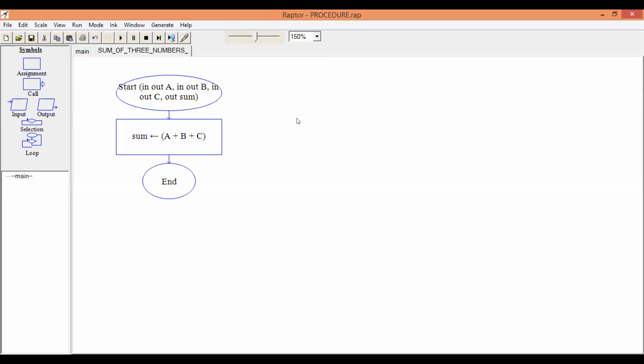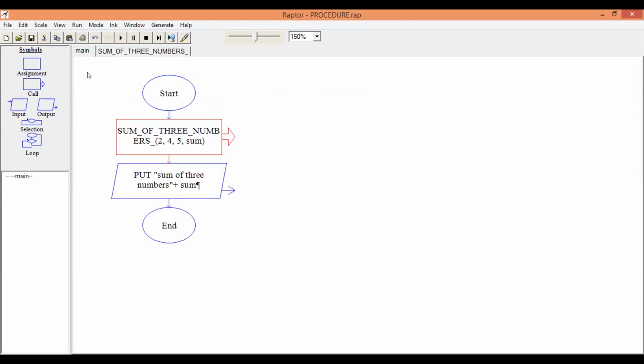Okay. Go to the main. So now we use the word main procedure, right? Sum of three numbers, 2, 4, 5, sum. Okay. Now printing sum of three numbers. Fine. Let us see what error you are getting. Run the program.